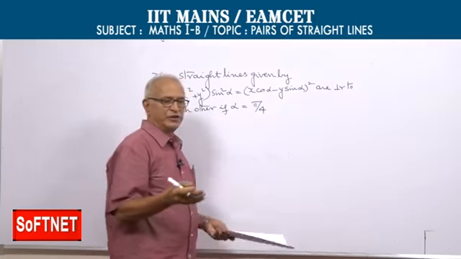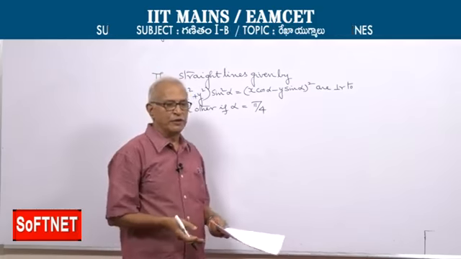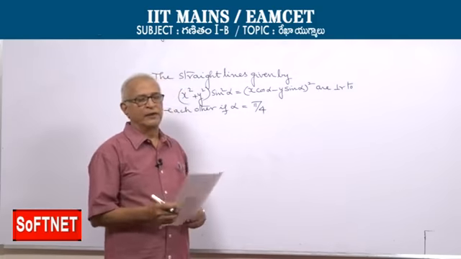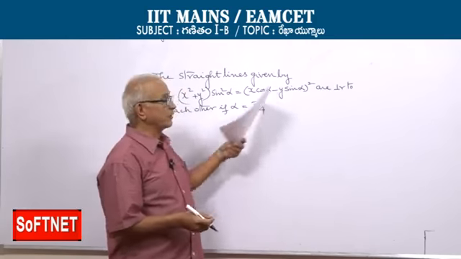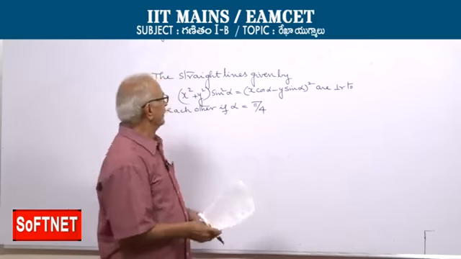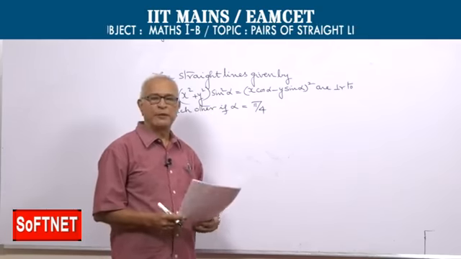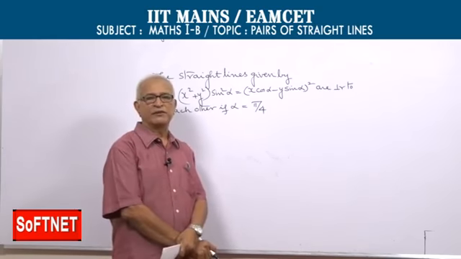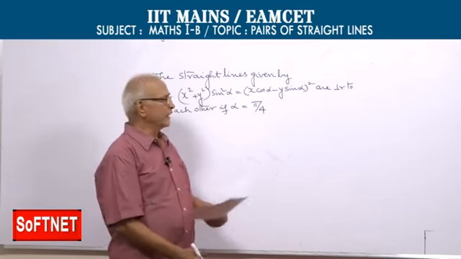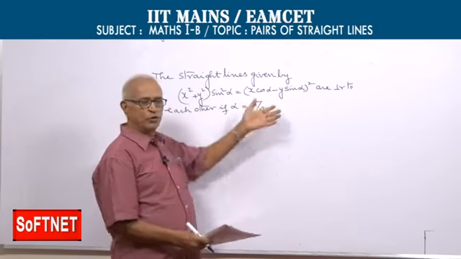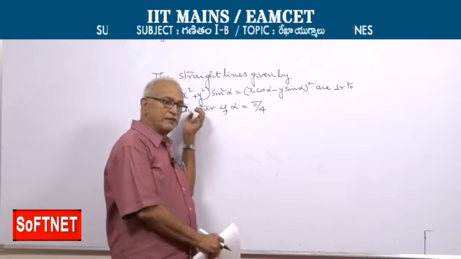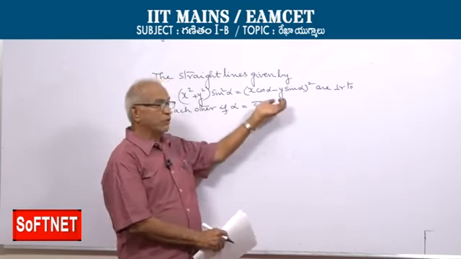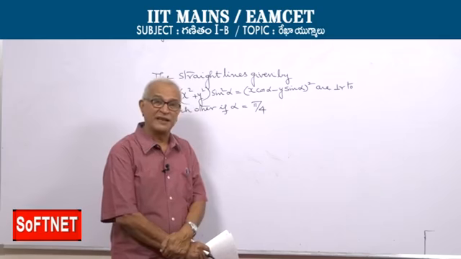But because we just now worked out the previous question, we could write the answer from the previous question. Otherwise, suppose you have to try this question independently. Then the condition for the two lines to be perpendicular is that the sum of the coefficients of x square and y square is 0. But here, when you have x square, y square terms on both sides, the same condition reduces to the sum of the coefficients of x square, y square on the left hand side must be equal to the sum of the coefficients of x square, y square on the right hand side.